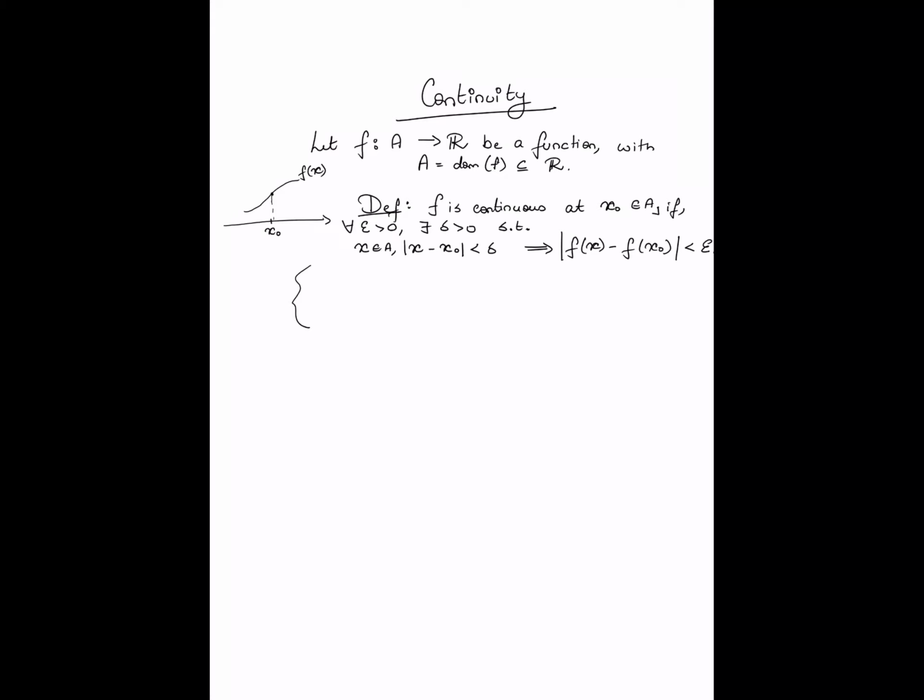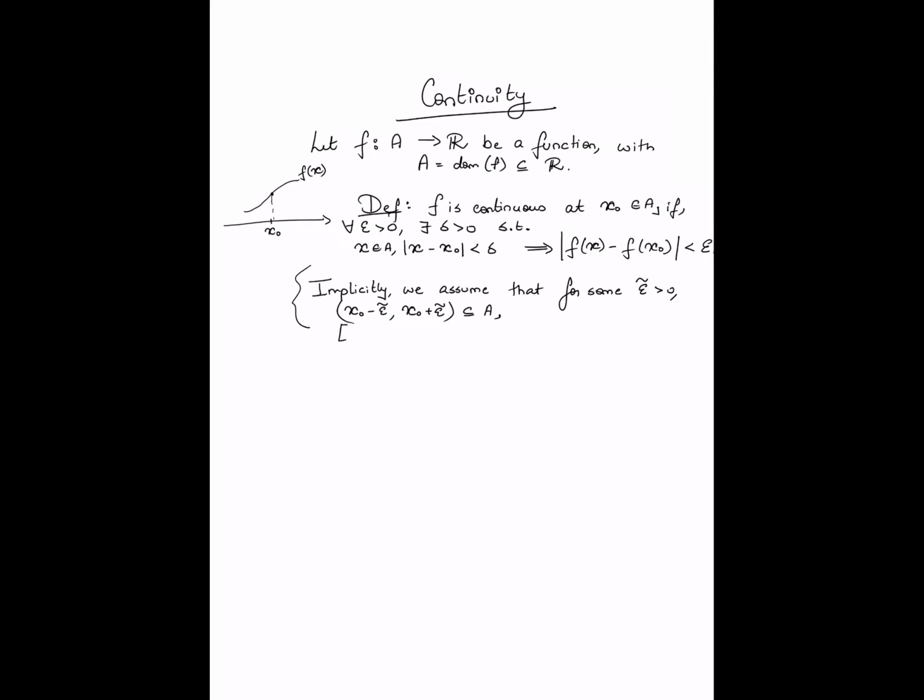So implicitly we assume that, let's say, for some epsilon tilde greater than 0, either you have that the interval from x0 minus epsilon tilde to x0 plus epsilon tilde is a member of the domain, or, at least on one side,